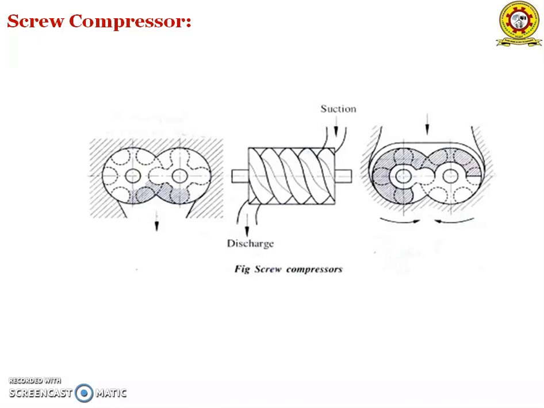Advantages of the screw compressors are: less noisy in operation, more efficient compared to the rotary air compressor, supplies a large amount of compressed air, the air supply is continuous, and relatively low temperature of the compressed air. The disadvantages of the screw compressor are: more expensive than the reciprocating compressor, more complex design, and maintenance is difficult.